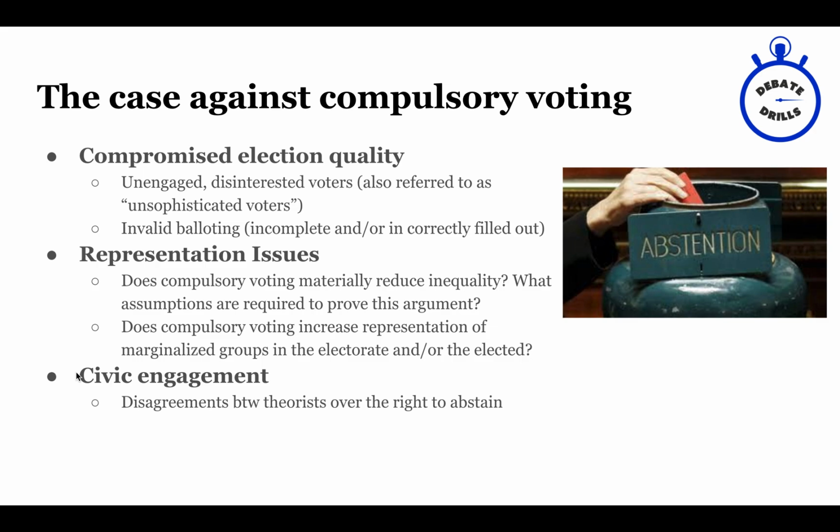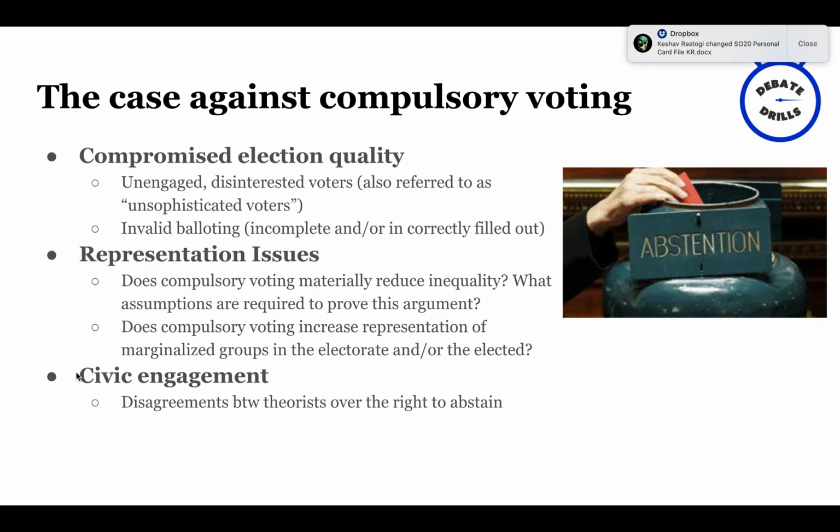Okay. The second primary issue in the case against compulsory voting is this issue of representation that we talked about on the last slide. There are two questions here that folks have tried to answer. The first is, does compulsory voting materially reduce inequality? The argument on the flip side is that if we encourage or force people to vote, or make it easier for them to vote, then people who were not voting before will have an opportunity to weigh in on policies and they will vote for things that will